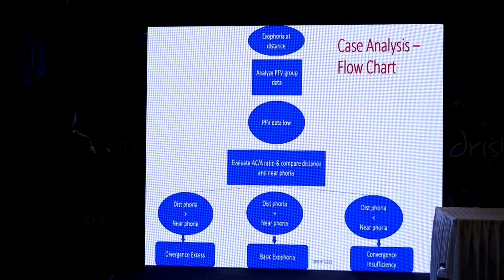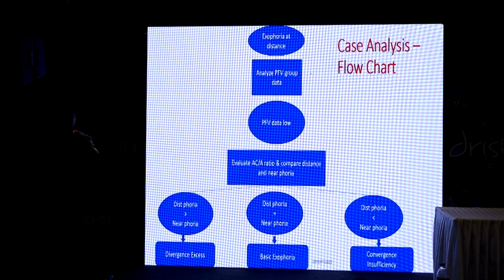Whenever you notice exophoria at distance, you analyze the positive fusional vergence group. When you find that the positive fusional vergence data is low, then you evaluate the AC/A ratio and compare the distance and near phoria. When the distance phoria is more than the near phoria, that means it is a case of divergence excess. And when the distance phoria is less than the near phoria, it is a case of